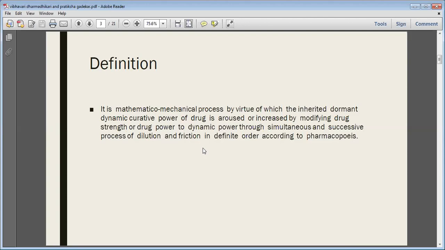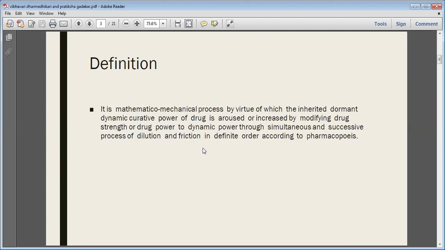So it is mathematics: how to take it and how to do the potentization with the proper amount of drug substance and the proper vehicle, and hence the word mathematical is used. Mechanical means we are using our hands or we are using machines, where we are using our muscular force, and that's why we use the word mechanical. Hence it is a mathematico-mechanical process by virtue of which the inherited, dormant, dynamic curative power of the drug